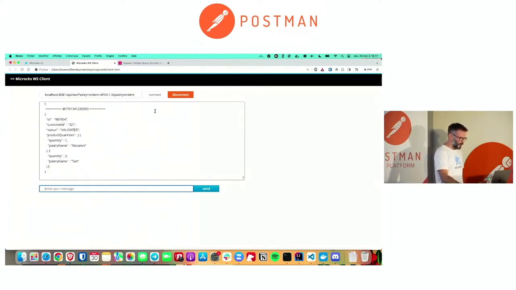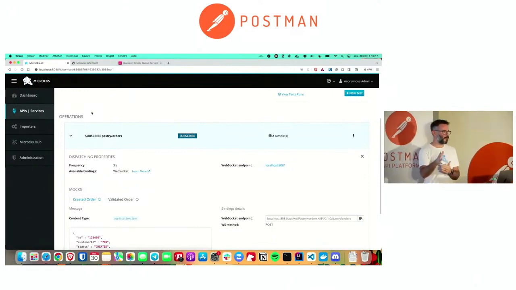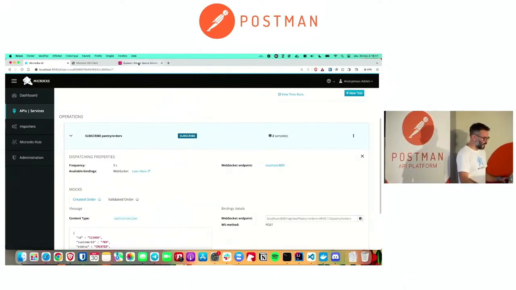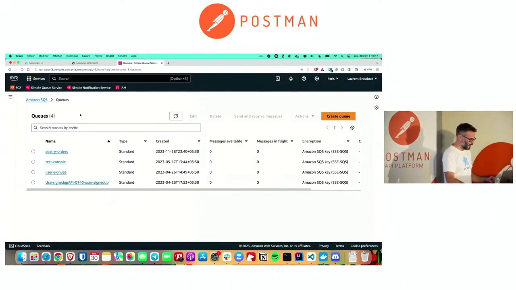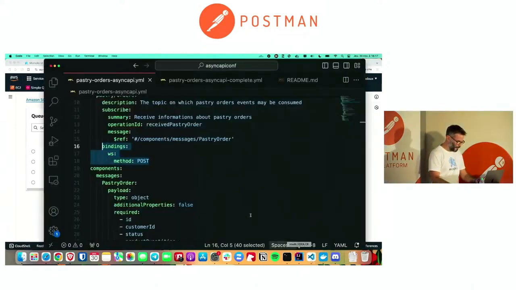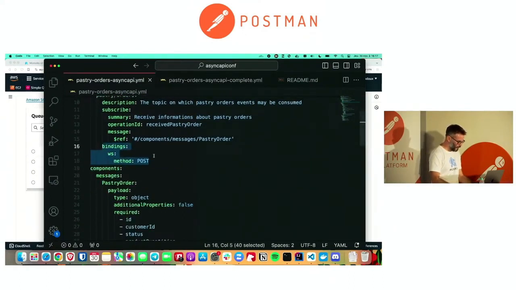So really, really handy. So second step, I want to evolve this API, and now I want also to send this event to an SQS queue. So let's check my AWS console. So you can see here on my SQS console, I just have 4 queues. Okay, they are pre-existing. And what I'm going to do is change my AsyncAPI definition, and I'm just going to copy-paste here the new bindings I need. I need the SQS one, so copy and paste